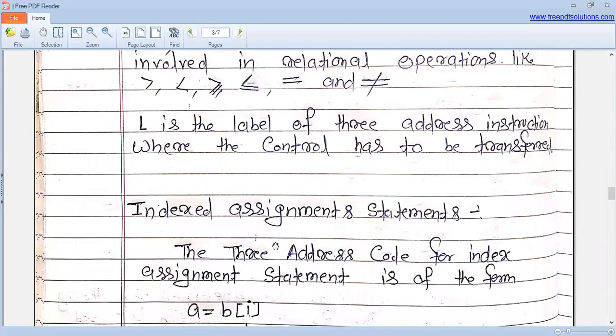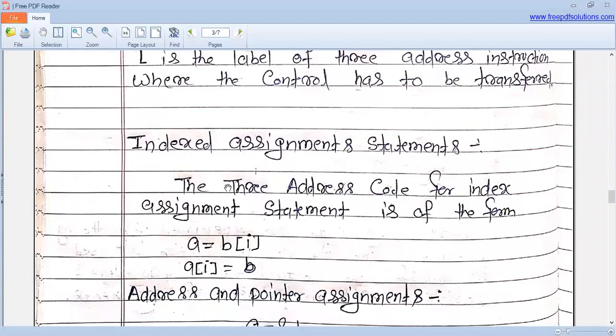And the other type of instruction is the indexed assignment statement. So the 3 address code for the indexed assignment statement is of the form A[I] = B, or A = B[I].